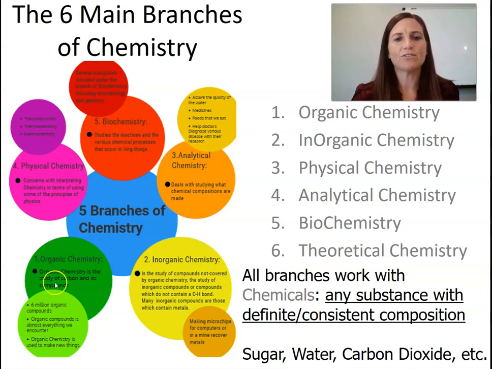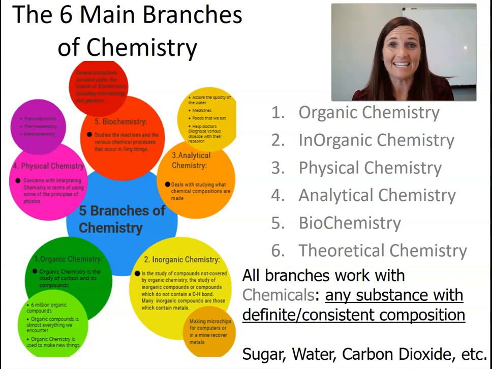Another one is analytical chemistry. It deals with the studying of chemical compounds. What's it made of? This is something where we start to apply chemistry to medicines, to quality of water, diagnosing disease, and also things like CSI. If you were looking to find out what kind of material this particular thing is made of, if you've ever watched a show like NCIS, Abby does analytical chemistry. So you would look at a particular material and try to figure out what is it? What kind of plastic, what kind of fiber, what kind of car was it from? Those are all analytical chemistry.